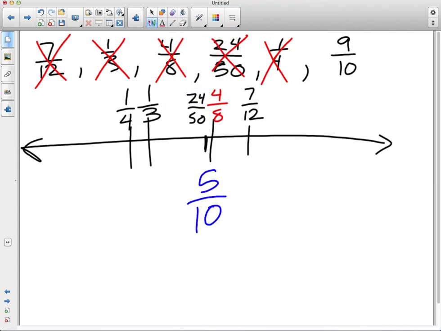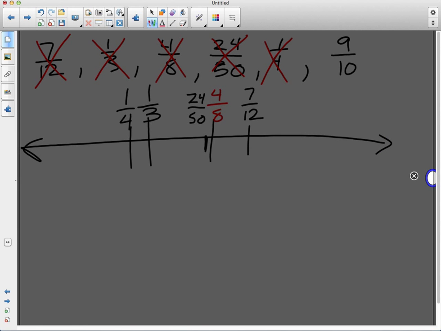So 5/10 would be right here at our halfway point. And it's 4 more than 5, and so it's 9/10, so it should be roughly around the end, also because 9 is really close to 10, and 10 is 1 whole, which would cover up the entire number line. Fantastic. Marin's saying, hey, remember, if we had 10/10,